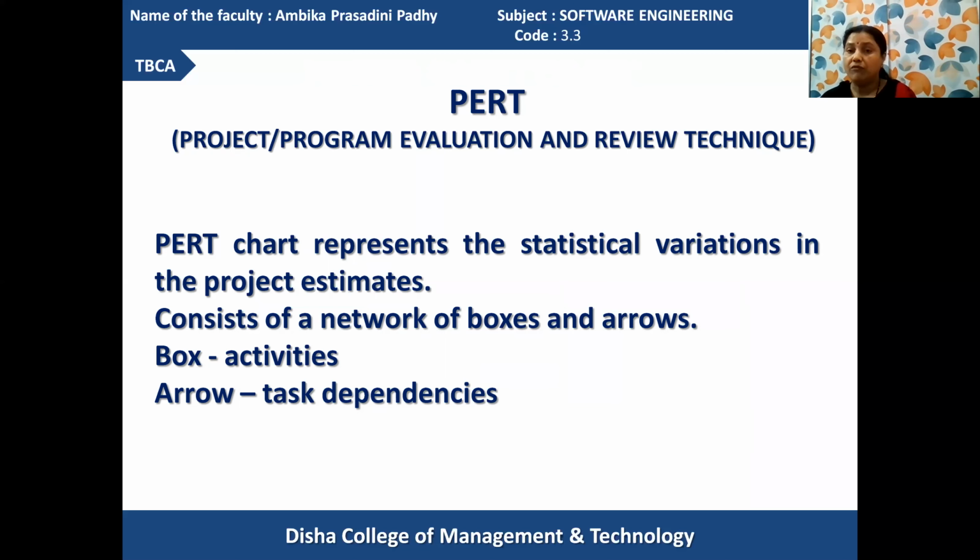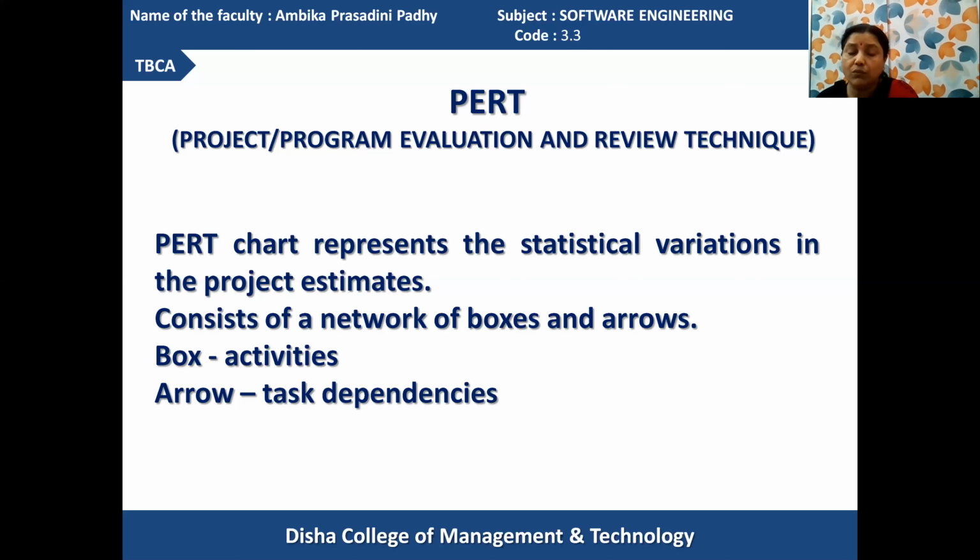The PERT will perform the review of actions. If the allocated information is perfect, then it will be carried out. Otherwise, it can be changed or modified according to the new set of requirements. So when the PERT starts, it performs the actions according to the activities specified in the activity network, and it uses boxes and arrow marks to represent the activities and task dependencies.